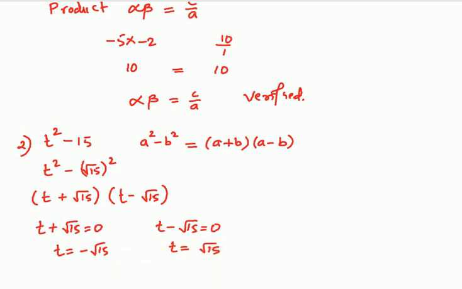So two values of t we got. That means these are the values of alpha and beta. So alpha is minus root 15 and beta is plus root 15. So we need to verify the zeros, the relation between the zeros and the coefficients. So those are